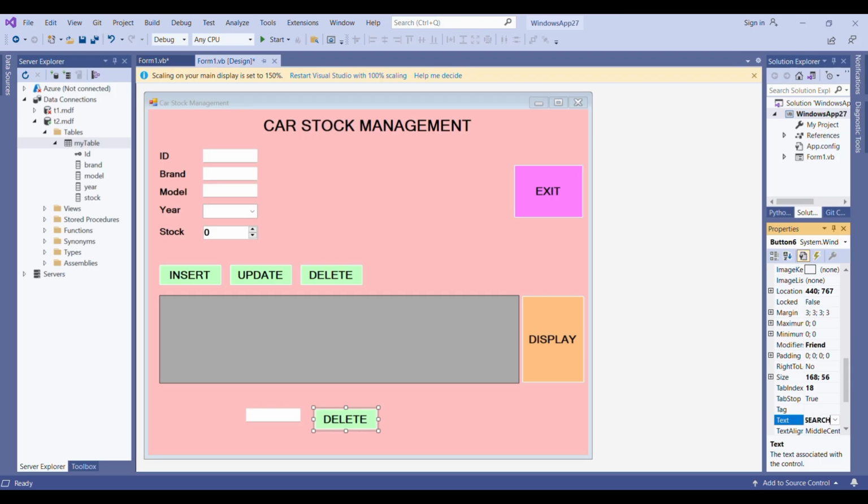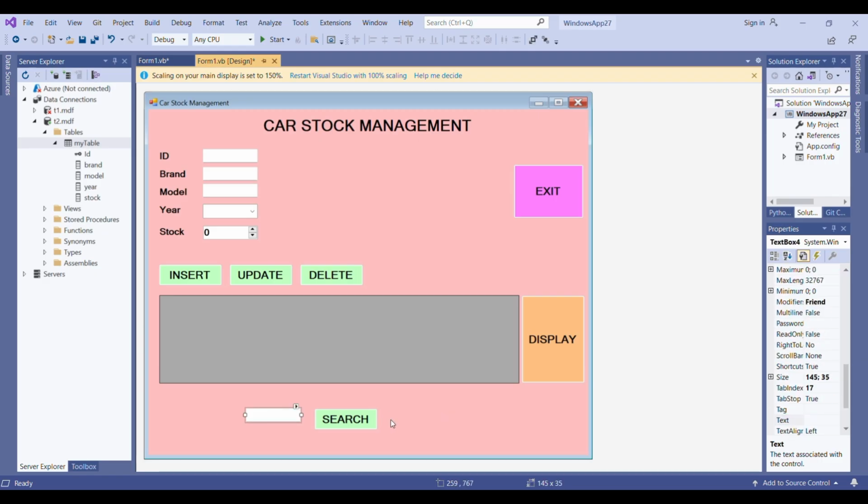And I'm going to search by brand name. For example, I will write here Honda. It will find me all Hondas. Okay? For the search,